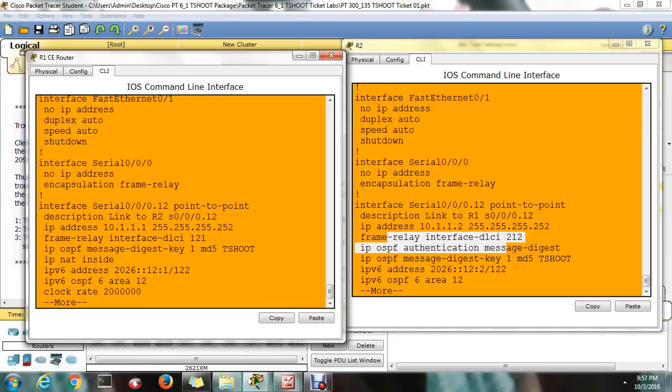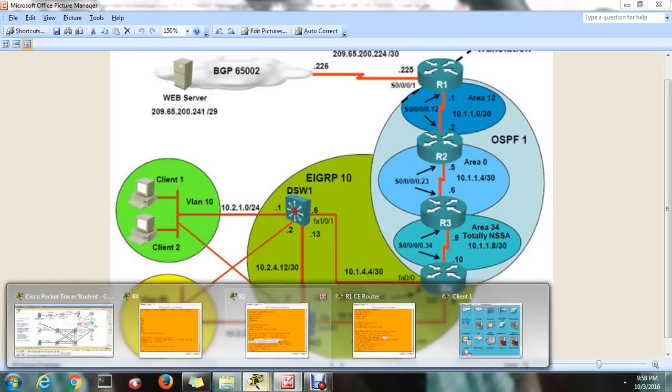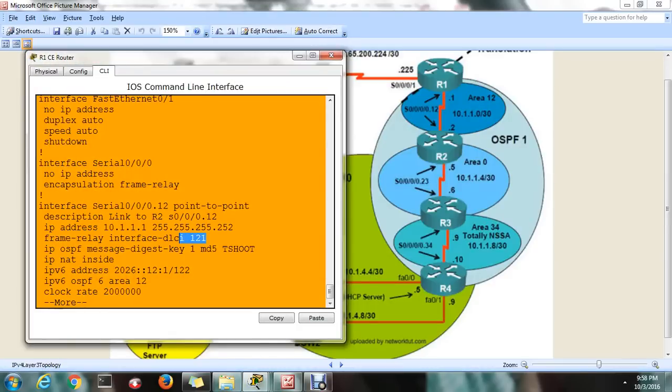Just check the commands that are given. One possibility is that in the T-shoot exam it usually comes under the serial interface only. You have to enable it under serial interface 0/0/0.12 with the command IP OSPF authentication message-digest. It could be given that way, or you can enable this under the area also. You can go to the OSPF section. What is the area configured between these? Between R1 and R2 the area might be 12, so you can specify area 12 authentication under OSPF. These are the two ways you could sort out this issue, one is directly